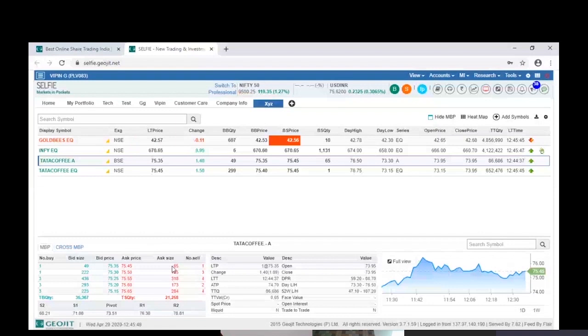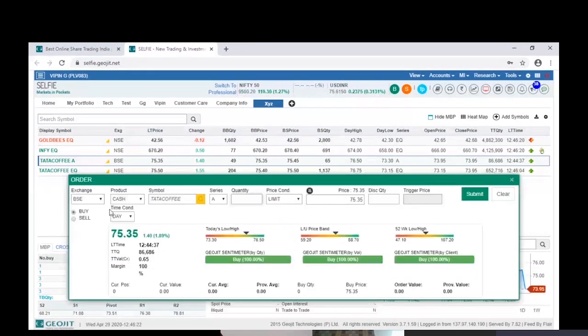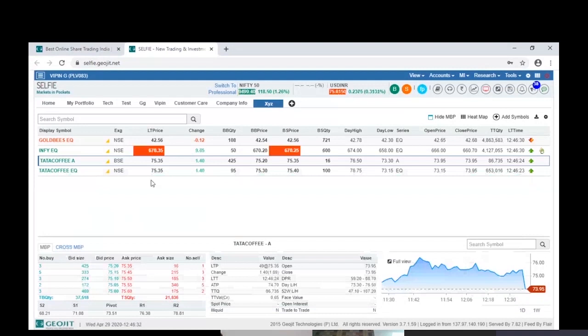Now here, if you click on the last traded price, the last traded price is 75.35. When I click on this, immediately what will happen is that it will pop up a window. So this is what we call an order window. So the order window gets popped up. Now you have clicked on the row of BSE. That's the reason why the script is selected as BSE, and the rates have been taken from the last traded price, the rate in which you have pulled up that particular pop-up. Now, if you want to place it in NSE, you can just click on here, so that automatically your order window populates it. So this is one way of placing the order.